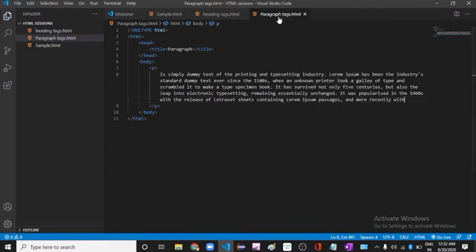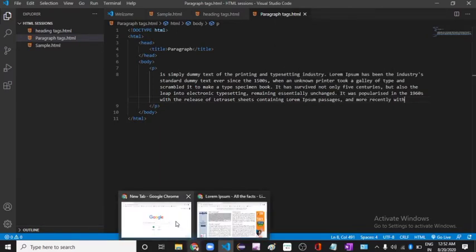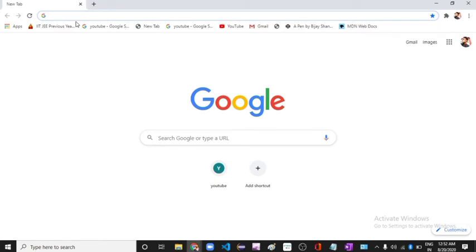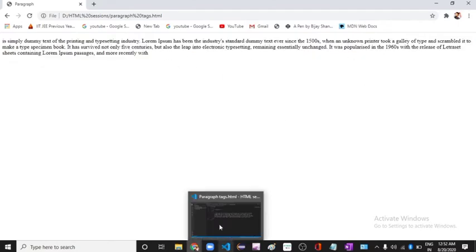Ctrl S for saving, and copy path. And if we see how our site looks, here is the title, paragraph. Have we added anything else? No, we have not added anything; it is simply the dummy text which we copied earlier.